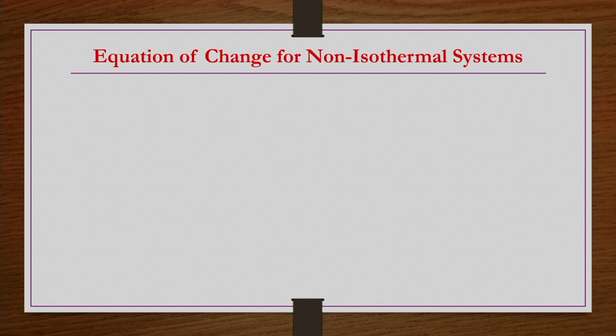Now in this lecture we are going to derive the equation of change for non-isothermal systems. That is nothing but conservation of energy, that is what we are going to derive. When we talk about the conservation of energy, we try to include all the forms of energy, and we also include the transport of energy because of all possible mechanisms. In addition, we also include energy because of any additional work done because of the molecular stresses or because of external forces like gravity, all those terms we include, and then a very generalized energy equation we are going to develop. That is what we are going to do in this lecture.